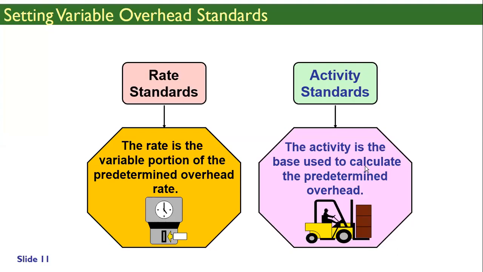So labor also you have, then you have the variable overhead standard. Variable overhead also has two. One is called the rate standard, which is the spending variance, that is, what is the variable overhead rate, $2 per hour, $3 per hour. And then the activity standard, it is just how much time of overhead you will spend. So you call it the variable overhead activity standard. So there are two variances for material, two variances for labor, and two variances for variable overhead.